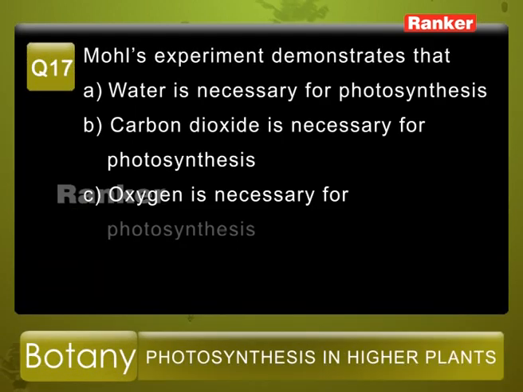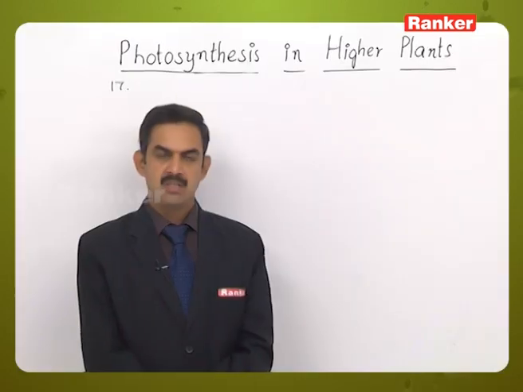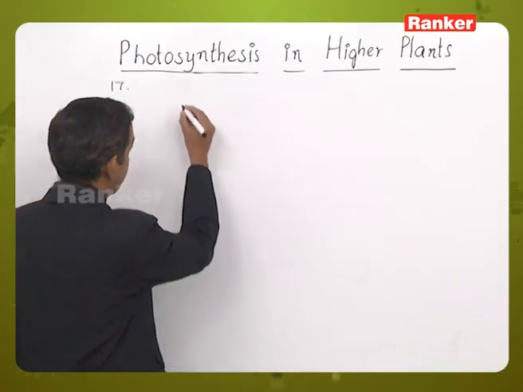Question number 17. Moll's experiment demonstrates that, the given options are: A, water is necessary for photosynthesis; B, carbon dioxide is necessary for photosynthesis; C, oxygen is necessary for photosynthesis; and D, chlorophyll is necessary for photosynthesis. So in Moll's half-leaf experiment,